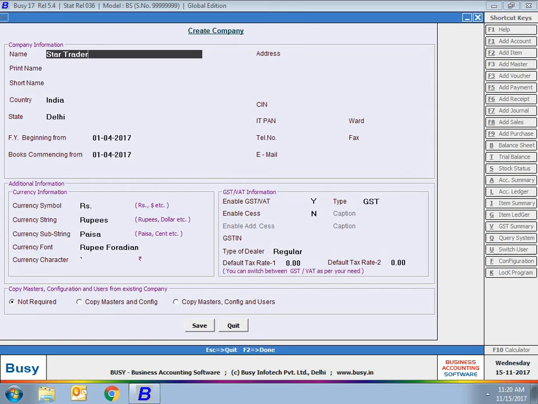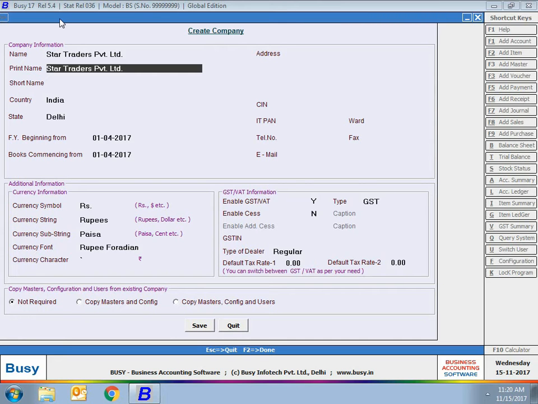First of all, we'll specify the company name, Star Traders Private Limited, and its print name. The basic difference between name and print name is that no two companies can have the same company name. Print name can be the same. Let us discuss this with the help of an example. A company may have the habit of creating a new company with each financial year. This company can create a company with the name Star Traders Private Limited financial year 2016-17, 2017-18 and so on.